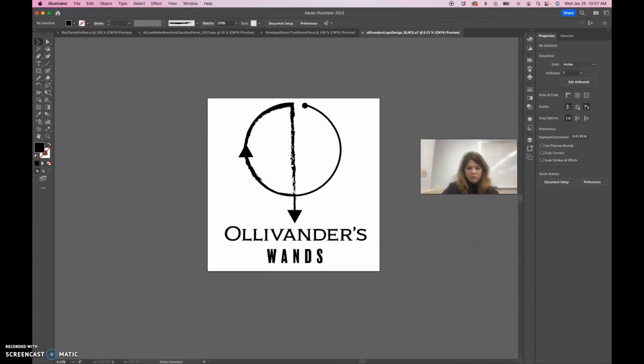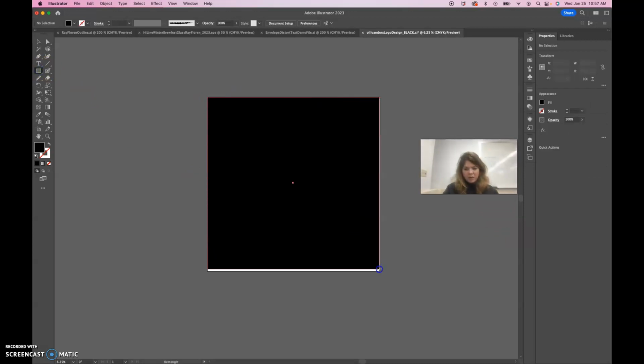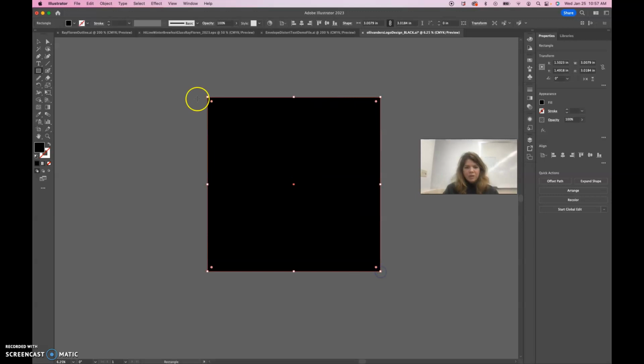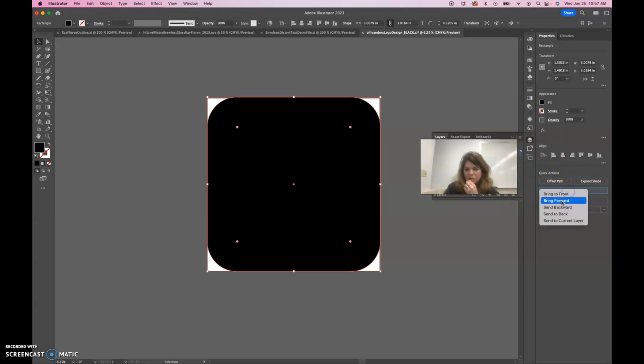One thing you could try is to make a shape for the background. You could keep it just black, or you can round the corners really quickly by just grabbing this thing. If you just want to round one corner, you push shift and click on it and then just do one. But if you want to do all of them, you just click and start dragging. So if I wanted to round it really quickly, I can do that. Let's see, which one am I in? Okay, Arrange, Send to Back, and then